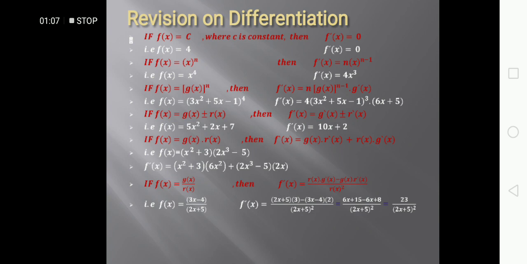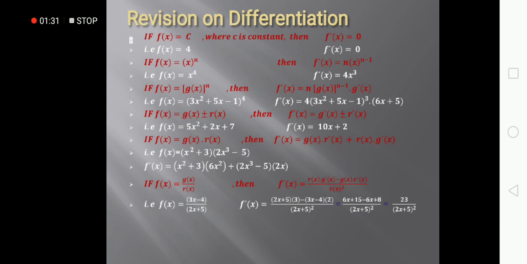Number 4, if f of x equals g of x plus or minus r of x, then f dash will be equal to g dash plus or minus r dash. For example, f of x equals 5x power 2 plus 2x plus 7, so f dash will be equal to 10x plus 2. Number 5, if f of x equals g of x times r of x, then f dash will